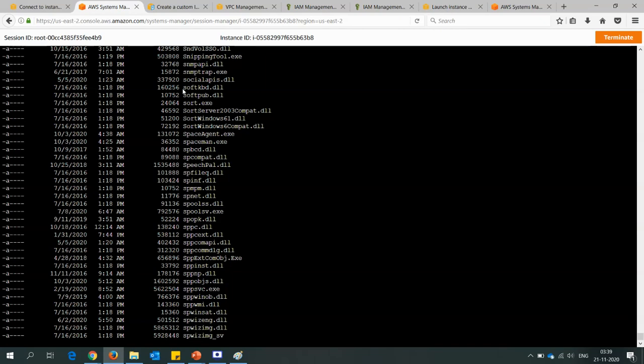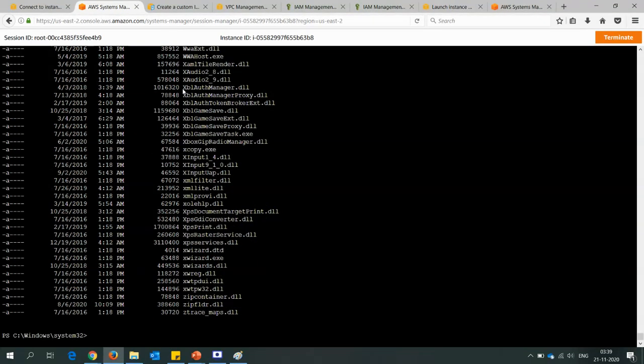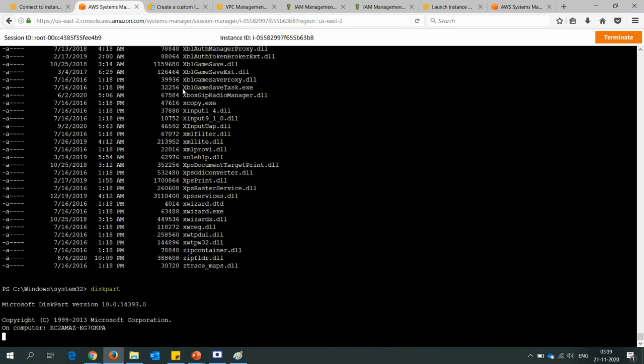Since it is opened in PowerShell, if you are aware of PowerShell commands, you can do all the activity with PowerShell scripts. So this is how you can manage this. If you want to use diskpart, I'm showing some of the options. You can see